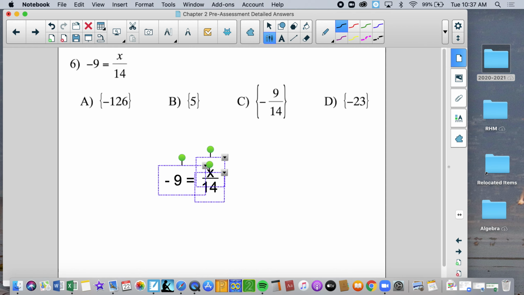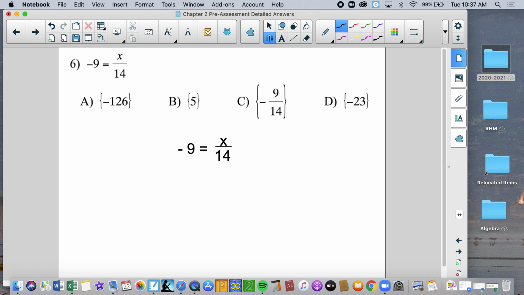All right, now this is our first multiplication and division problem. You notice that for problems 1 through 5, something was adding or subtracting to the variable, and problems 6 through 10, I think, will be either multiplying or dividing the variable. So in this case, 14 is dividing the variable. The inverse of dividing by 14 is multiplying by 14. So you'll multiply both sides by 14, and